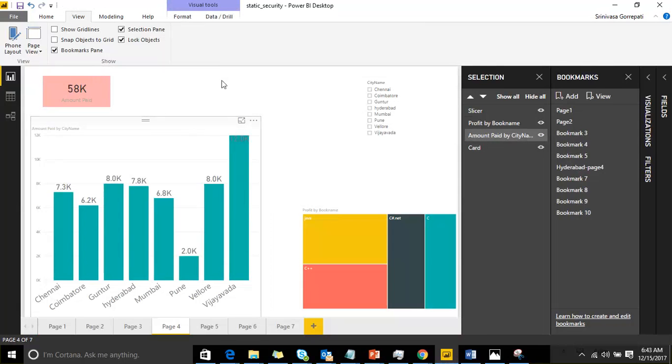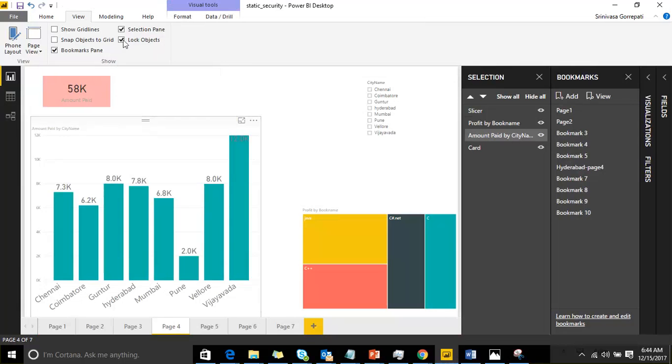So as part of a live environment, customization is very important. If you miss the sizes, height and width, it is going to take much time to adjust those things again. As it is not a single visualization, we are going to work with multiple visualizations. If you are moving this one to some other place as part of our alignment, it will take much time. So you can lock the visualizations so that you cannot change the height and width of the visualization. Lock object will allow you to lock moving the space or changing the height and width of the visualization.